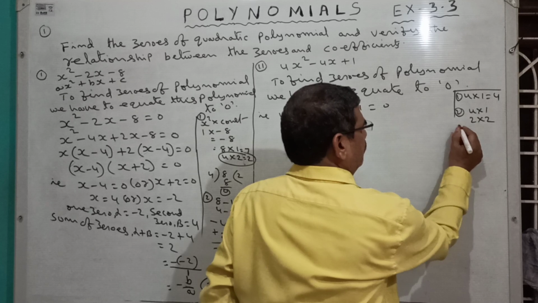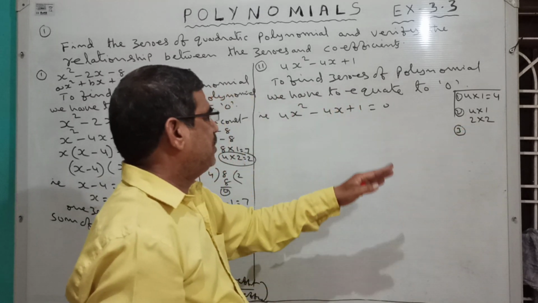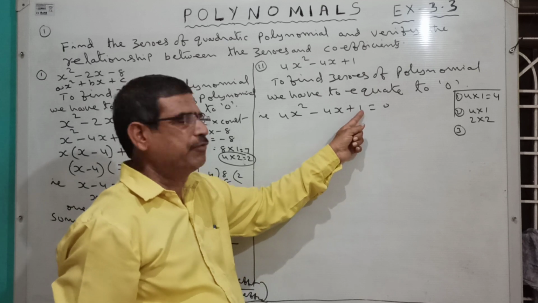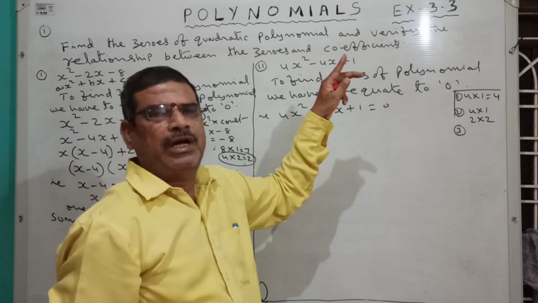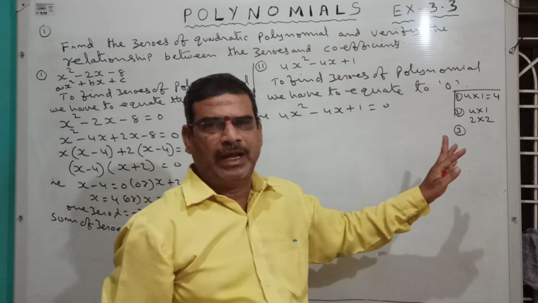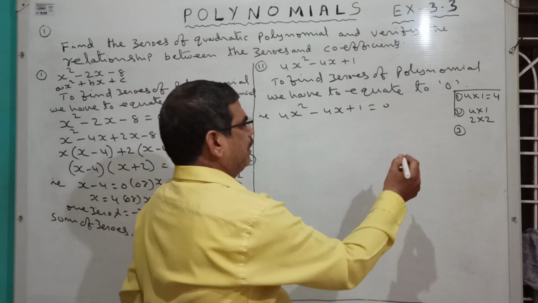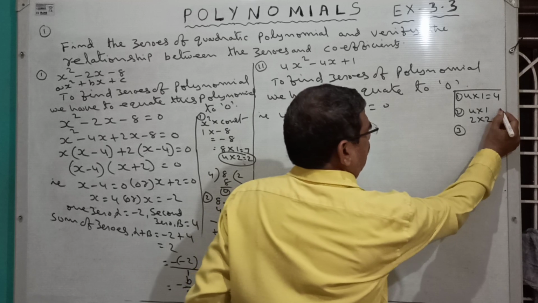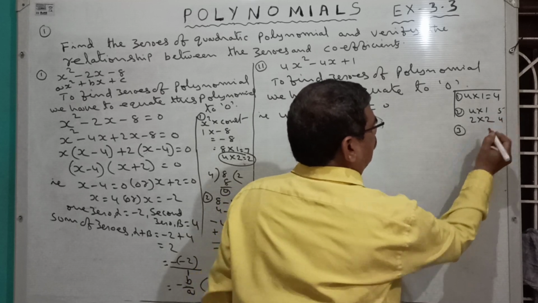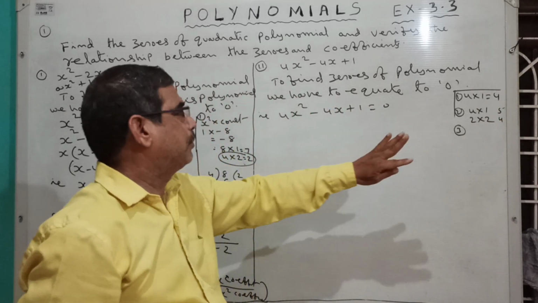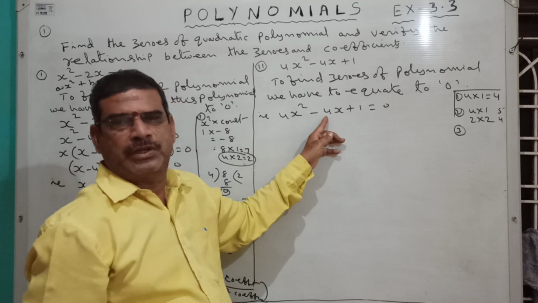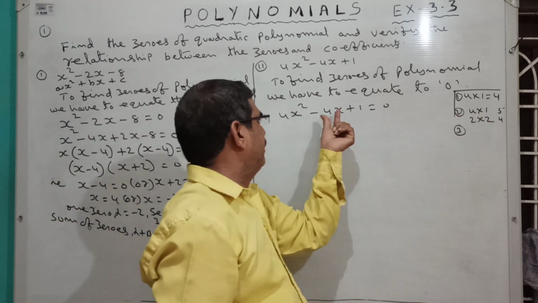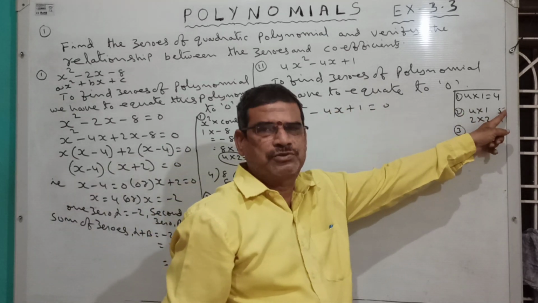So third step, see the sign of the constant. Here constant is 1, sign is plus. So I have to add the numbers. Here after adding, 4 and 1 is 5, 2 and 2 is 4. Here 5, here 4. So here middle term 4 is there. So this is suitable for me. 5 is not suitable here.